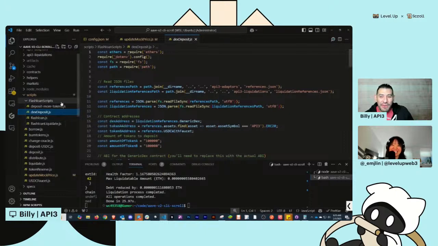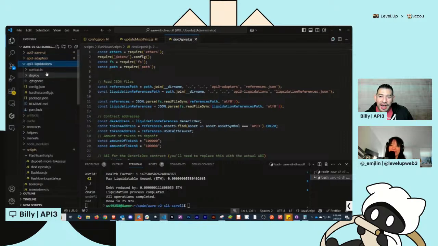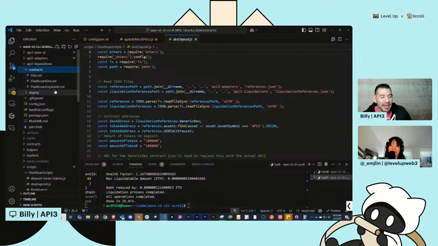So if you wanted to, in the liquidation folder, in order to actually get a position to pay back a loan with no money, right? Here's the thing that happens. I have this USDC and I paid it back and I got these API3 tokens. But if I'm doing a flash loan, I can't pay you back in API3 tokens.